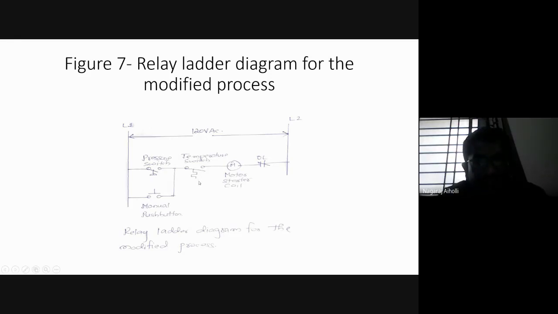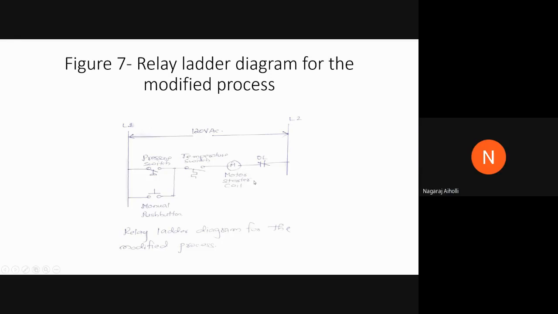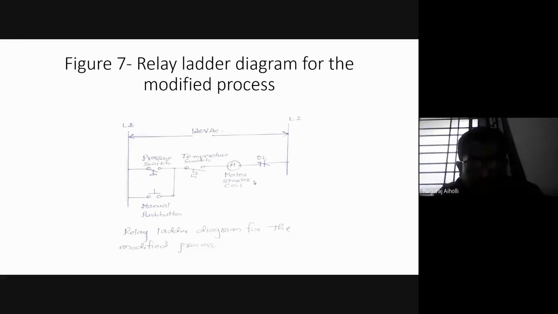Note that previously, for the first relay diagram we had drawn earlier, when the manual push button is closed, immediately the motor will get energized. But here it is not like that. When the manual push button is closed and when the temperature switch is closed, only then the motor will get energized. Okay, a slight difference between the previous relay diagram and this particular one. So, got the logic here, students?